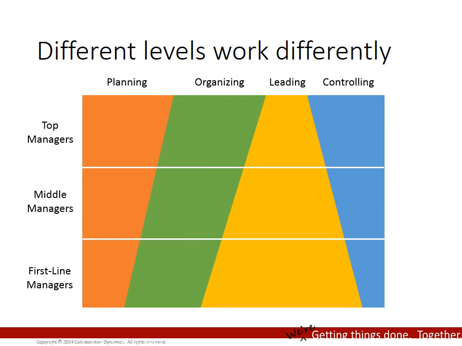And then, from a controlling standpoint, our top-level managers spend the most time of all managers controlling. So looking at how we're doing, making adjustments, getting the feedback, trying to figure out how that's going to change the plan for the future. Whereas our first-line managers are a little bit more responsible for leading those individuals, but not as much for controlling. Some of the controls may be more immediate control, so how do we change our plan throughout the course of the day? But you can see here that our top-level managers are really responsible and really focused for the planning